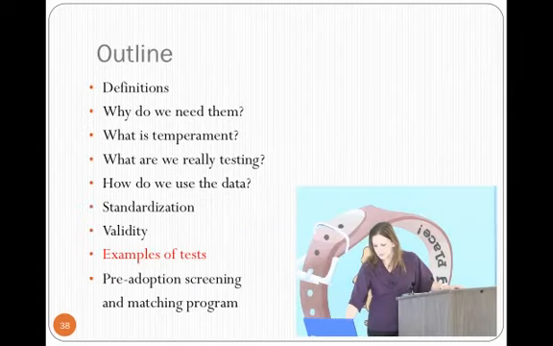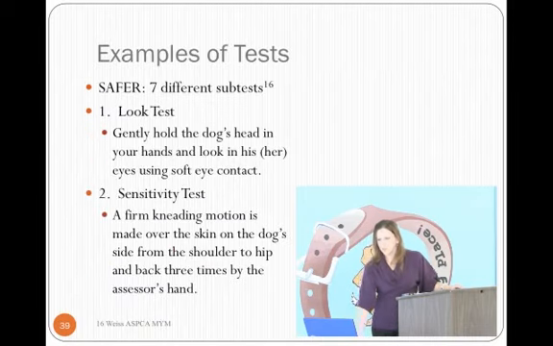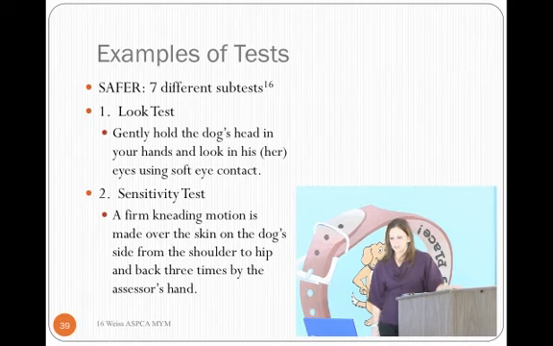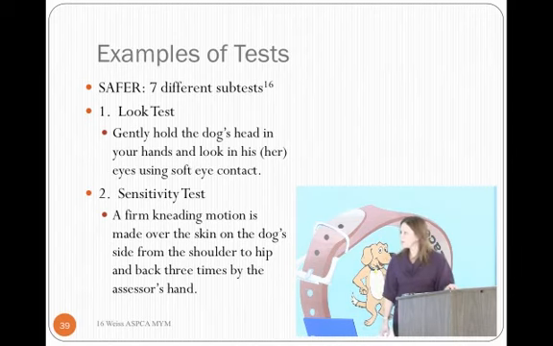So now let's go into some examples of tests. The things that you guys are going to be more familiar with. And so I'm going to talk about SAFER, which is the ASPCA's test that they typically are using that was developed by Dr. Emily Weiss. She's got 7 different subtests within her assessment. They're set up, as the name implies, to be a relatively safe way to perform the test. We start with lower arousal stimuli and then work our way up to more provocative stimuli for the dog. It's actually set up